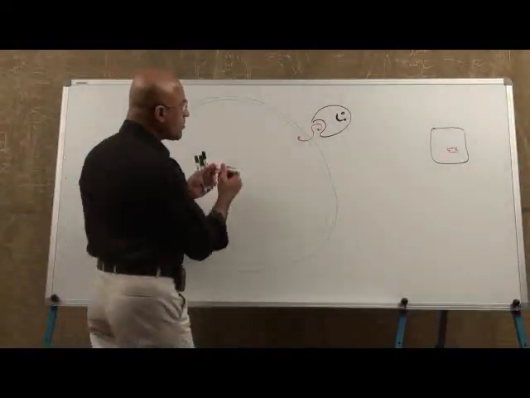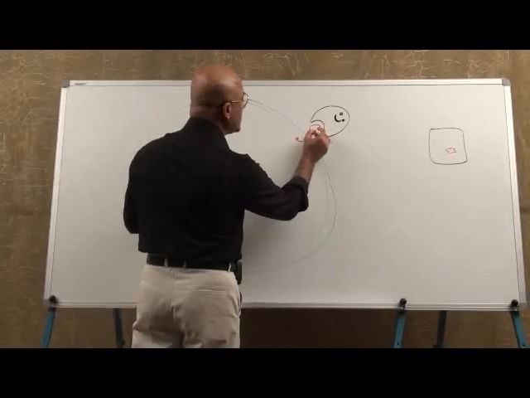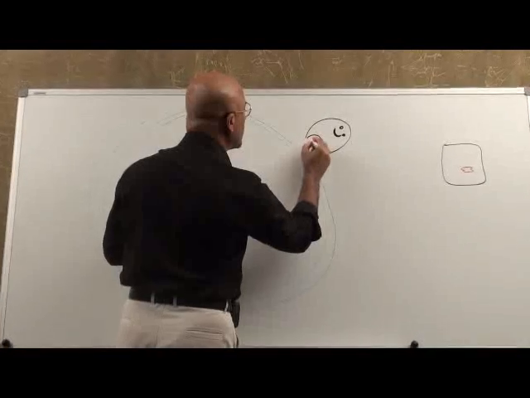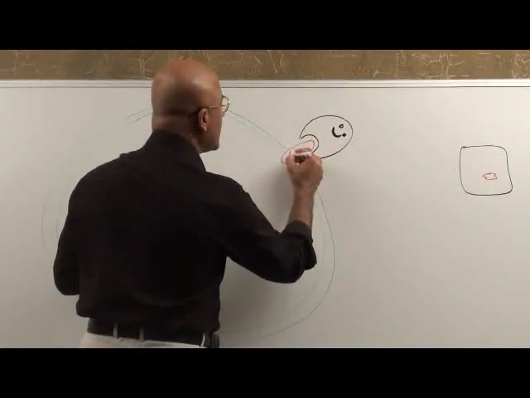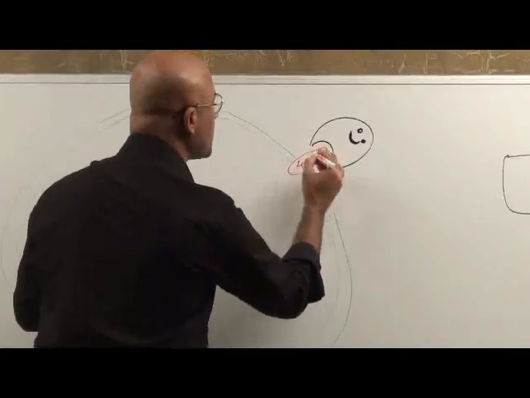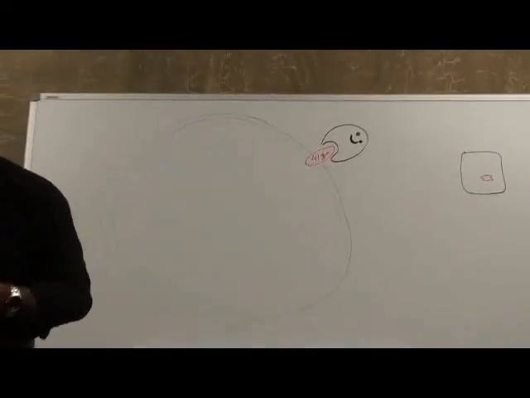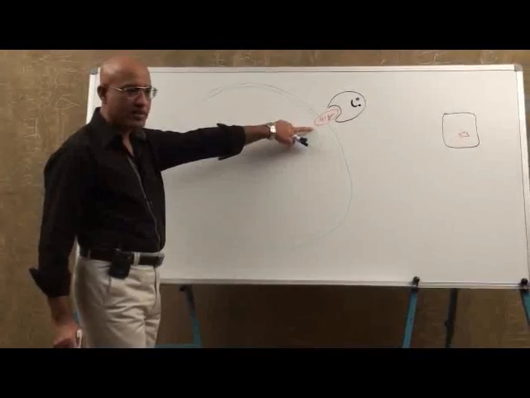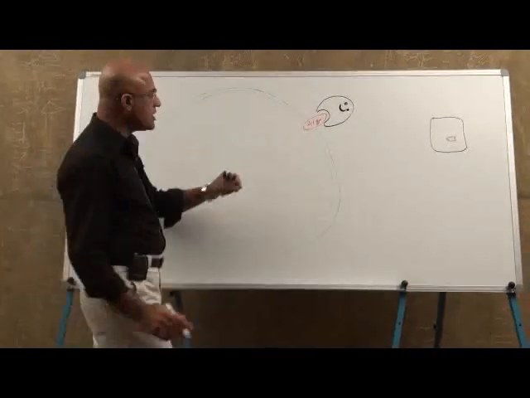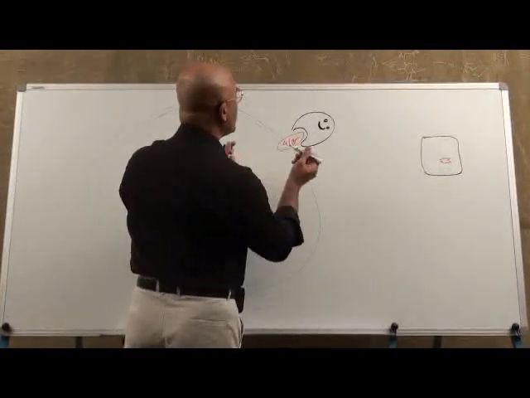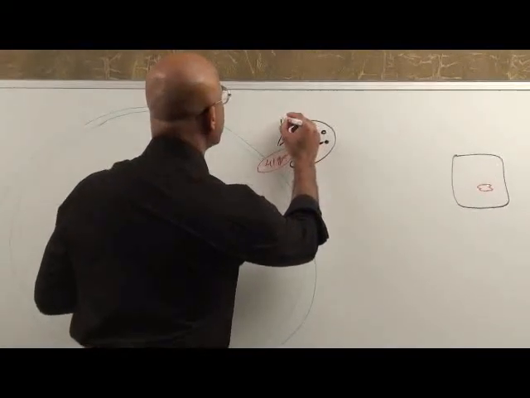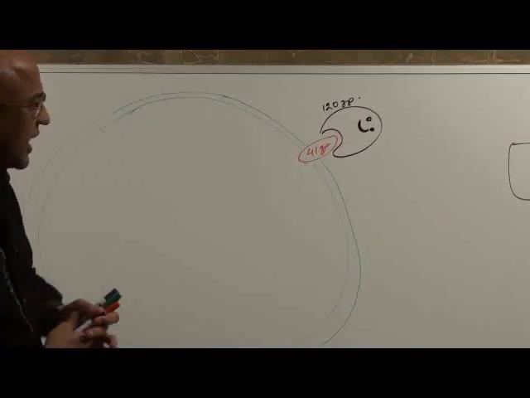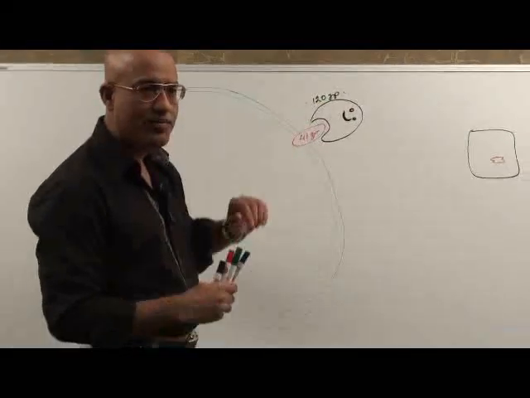I'll make it a simple structure so you don't get confused. This protein is called GP41. GP stands for what? General physicians? Glycoproteins. This transmembrane protein is 41 glycoprotein, and that one is called 120 glycoprotein. And together they are called